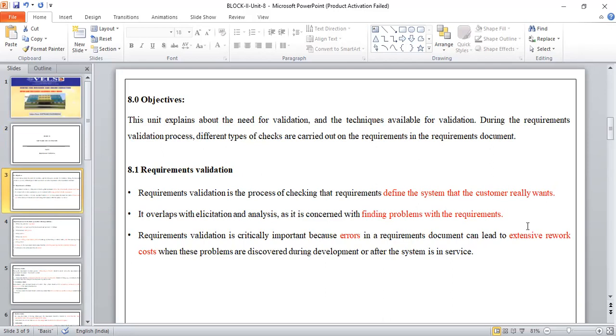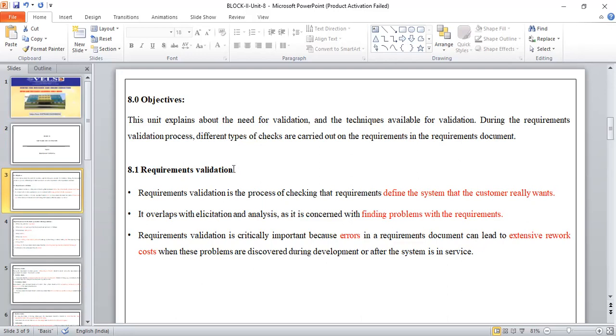Therefore, requirements validation should check whether the requirements gathered in the SRS actually define what the customer really wants. It always overlaps with requirements elicitation and requirements analysis,